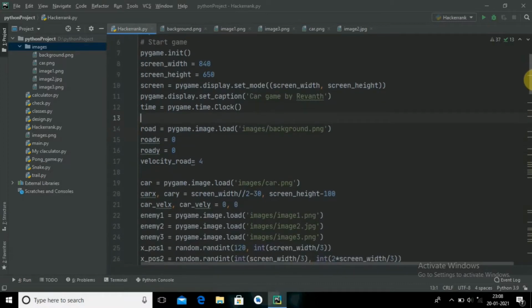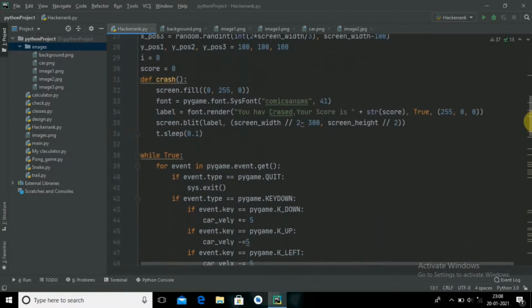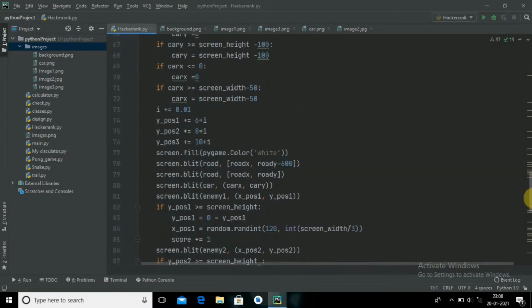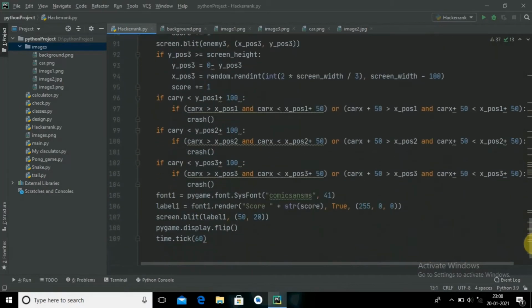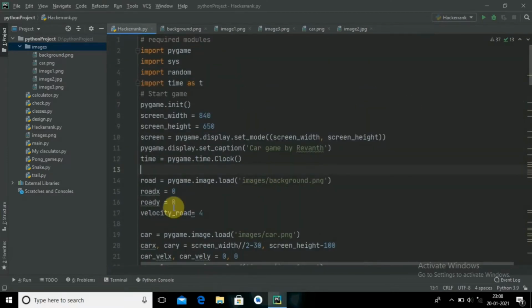So let me slowly move the code so that you can see it. Also, if you want the code, here you go. This is my full code. Remember one thing, you can also optimize this code. I have done it very simply for those who are beginners. So you can also use different functions and classes, but I have not used them. It is a very simple game. You may not find this type of code anywhere because it is my own code. I have created it.